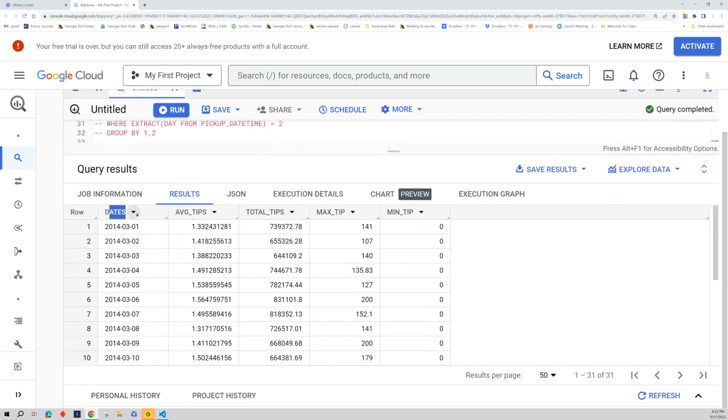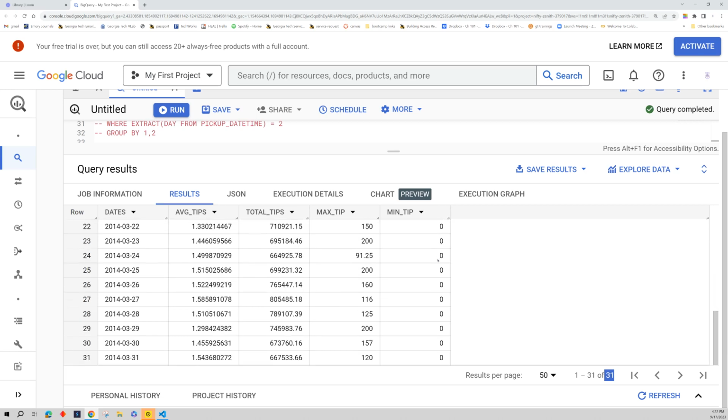Okay, so now we see in our dates column, we have each day of March, 1 all the way through to 31. And then we have the average tip amount, the total tip amount for that day, the highest and